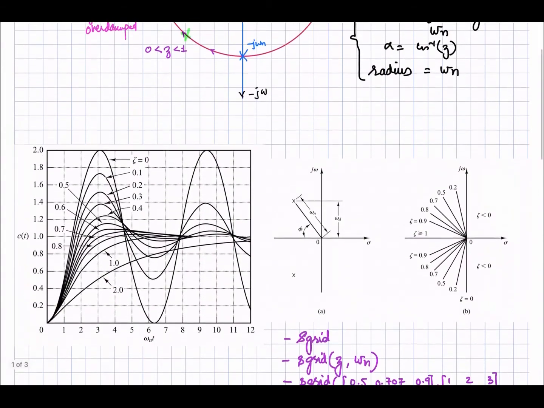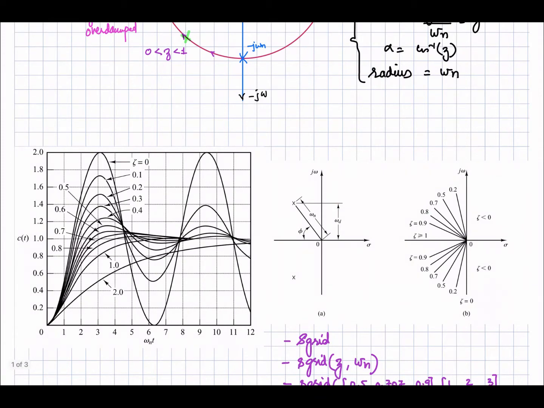By changing the zeta, the response of our second order system will change, and that is shown in this diagram. If zeta is equal to 0, you can see the oscillatory response for the step input. And if we increase zeta, the response will be like that, so oscillations will be damped out. If we keep increasing zeta, once it becomes equal to 1, there is no oscillation, and finally we attain the steady state. And if zeta becomes greater than 1, there is a lot of friction, you can say, and the system response is going to become slower.